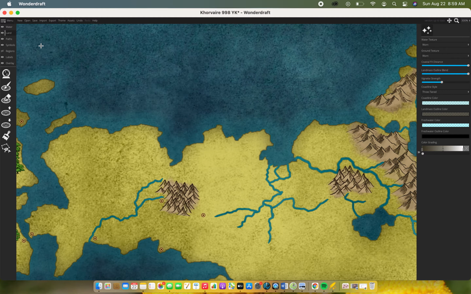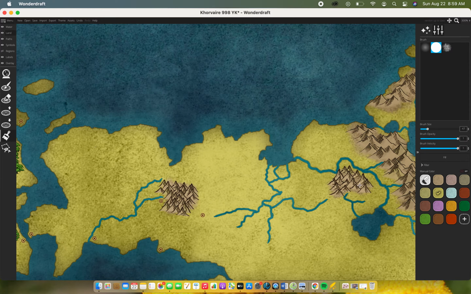So what I do is we can paint the land different colors. So I'm going to pick up this nice green color for my trees, but I'm not going to paint where I want to put the trees. I'm actually going to up my brush size a little bit, and I'm going to paint the ocean over here. Why am I painting the ocean? Well, even though it is not showing any changes, Wonderdraft's actually picking up that I've put that color onto that